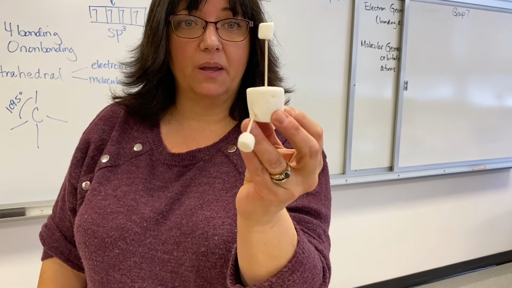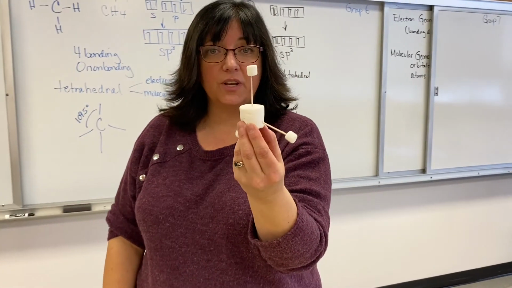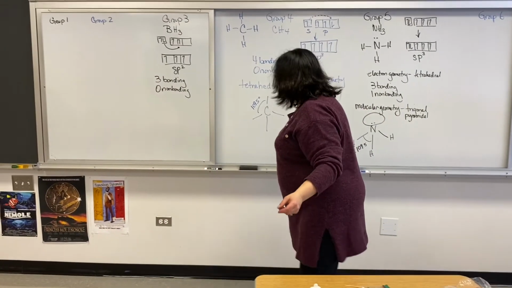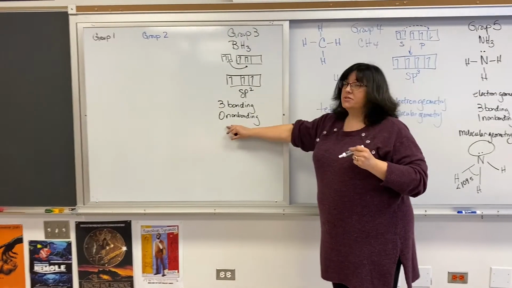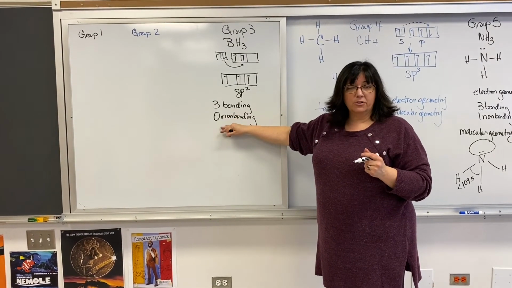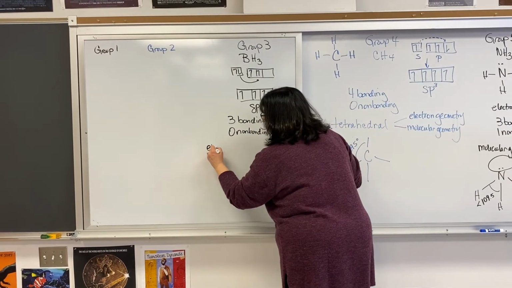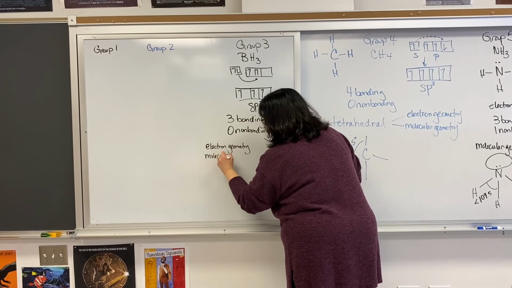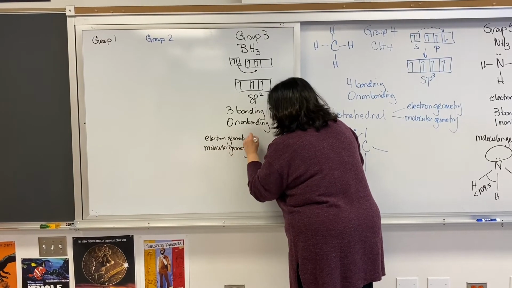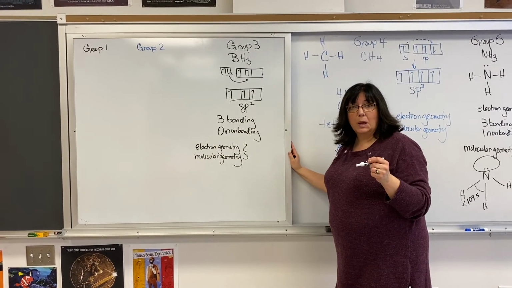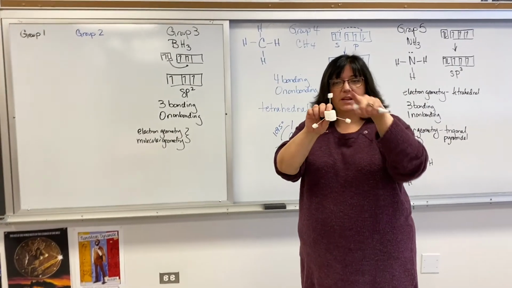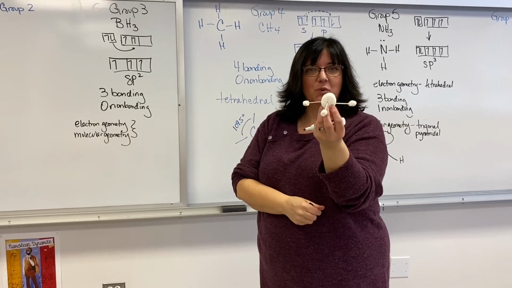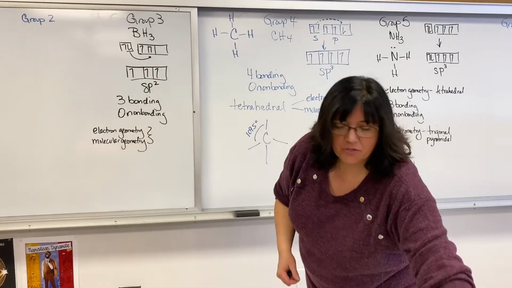So this actually does wind up being planar, because that's as far apart as you can get 3 things around a central point, 120 degrees. So what we have is, again, because there's no non-bonding orbitals, the molecular geometry is going to be the same as the electron geometry. They are both going to be what we call trigonal planar, a 3-sided plane. That's why I like the marshmallows, because I can manipulate them to do what I need them to do very easily. Okay, a 3-sided plane,